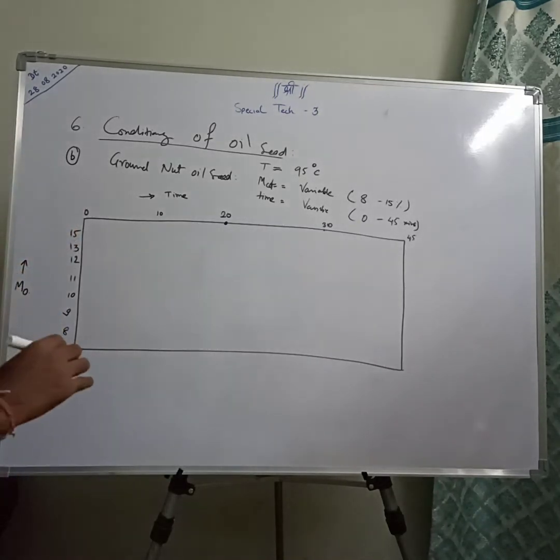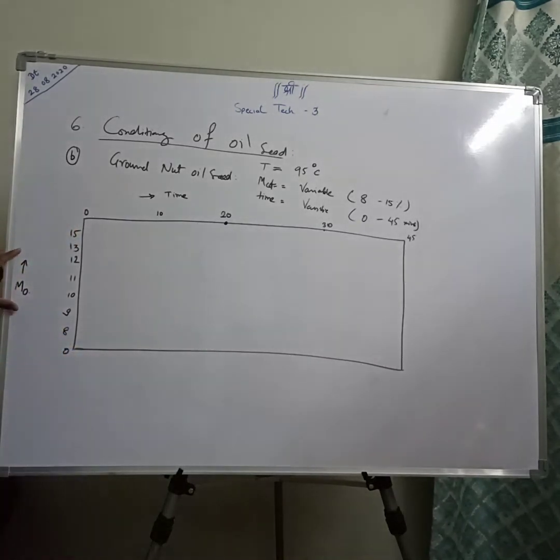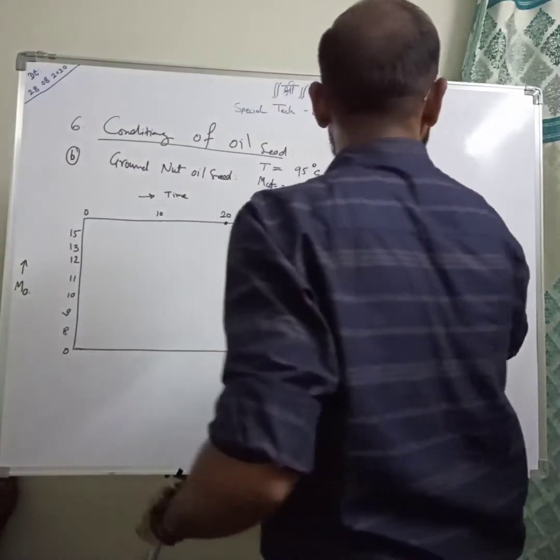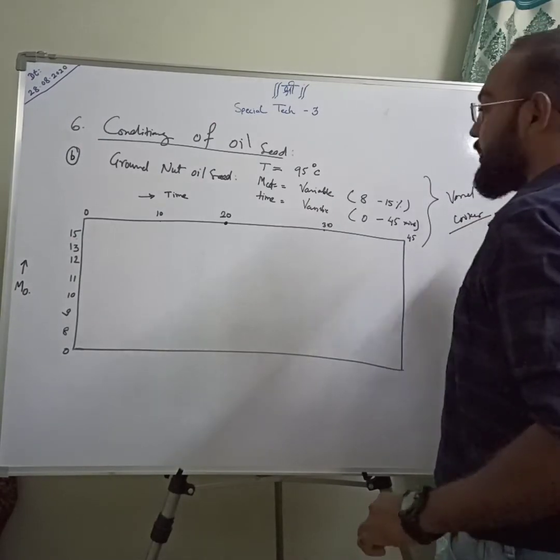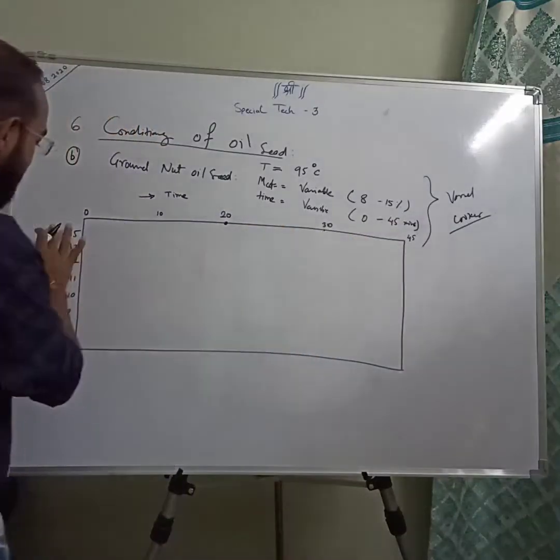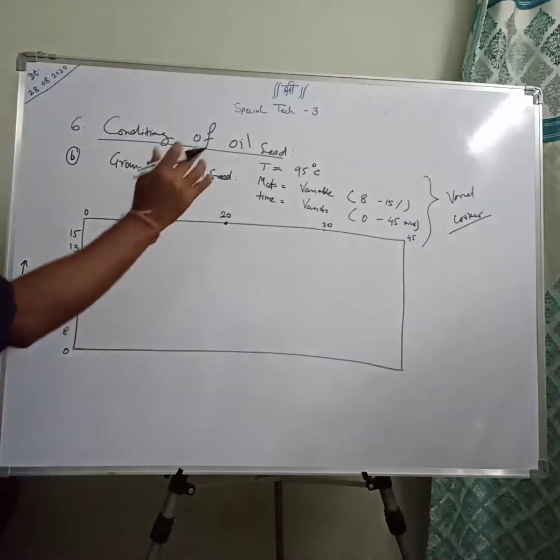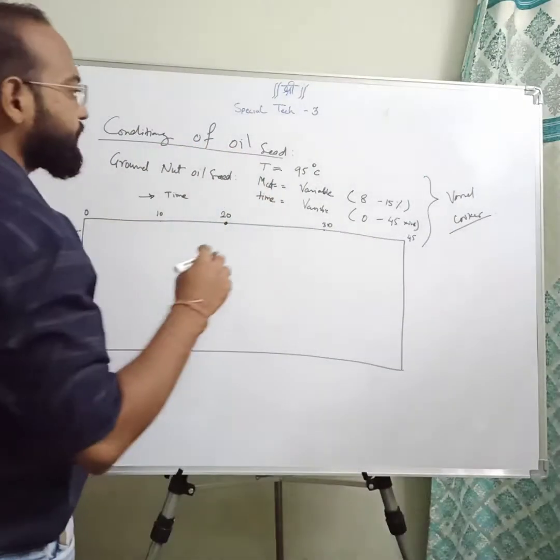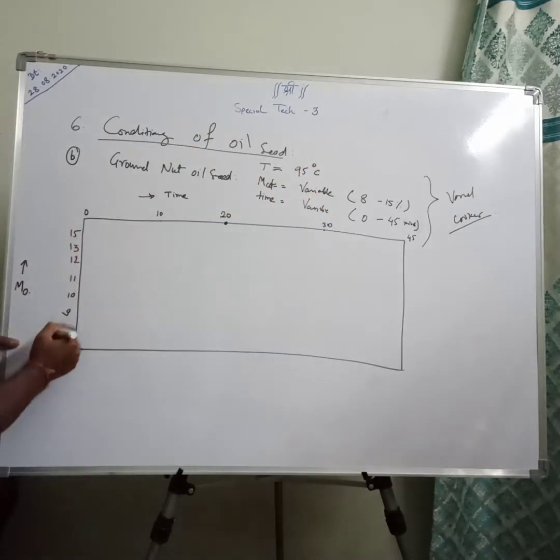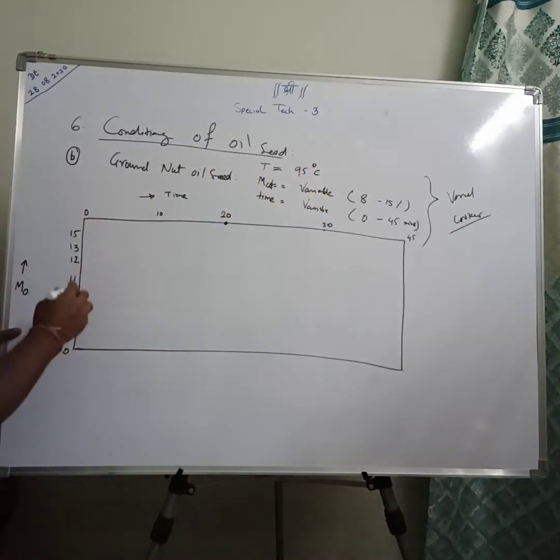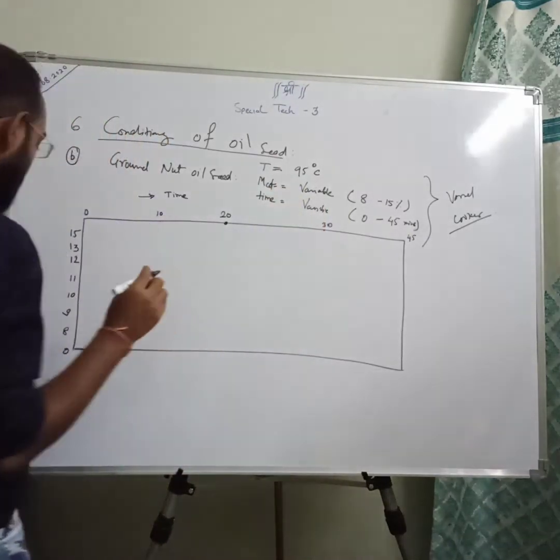So in this graph, we are able to vary the moisture content. We are using some vessels, some equipment, just like a cooker, and we are able to vary the moisture content in the seeds by passing surplus moisture. Initially, time is 0, and time goes on once the process starts.